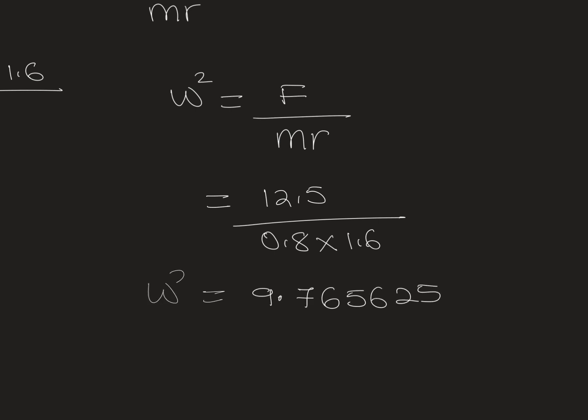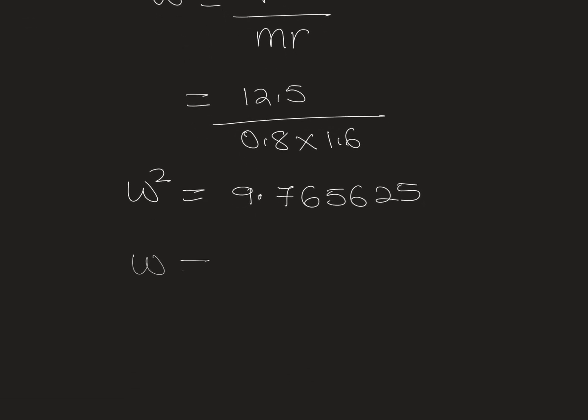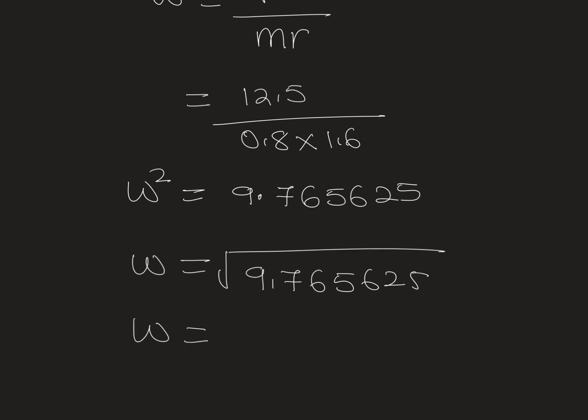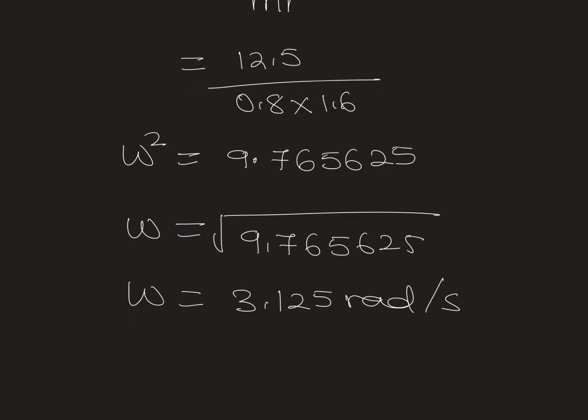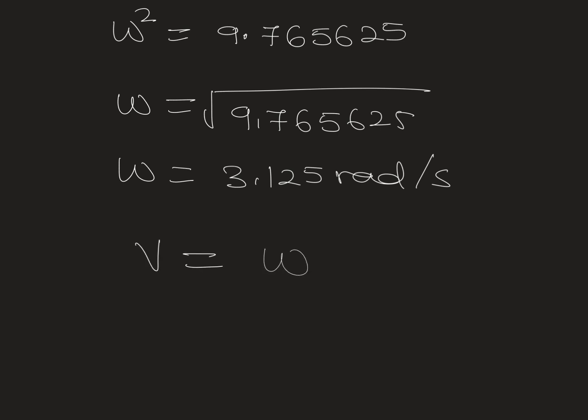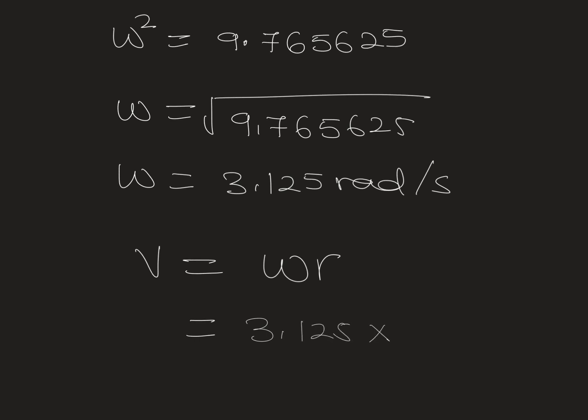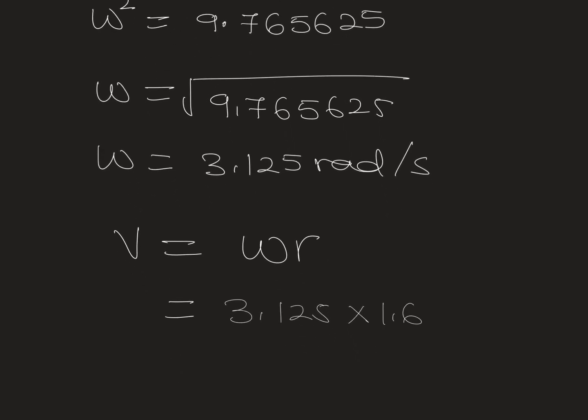9.765625 as omega squared. So if I just want to find omega, that will be the square root of 9.765625. So omega will be 3.125 radians per second. So I know that V is equal to omega R. So that will be 3.125 multiplied by the radius, 1.6. So 3.125 times 1.6 is still going to give you 5 meters per second as the tangential velocity or the